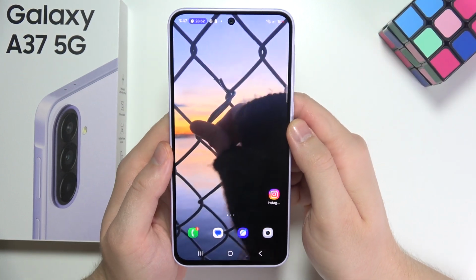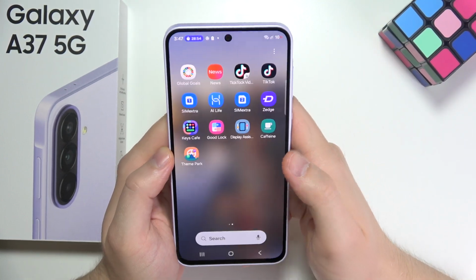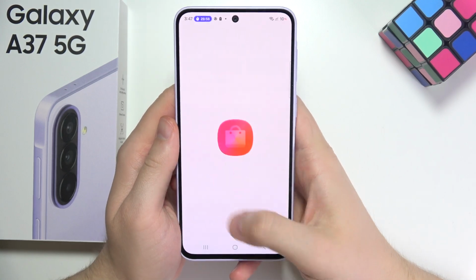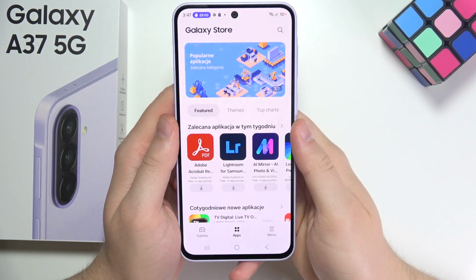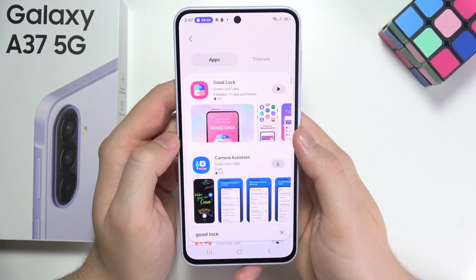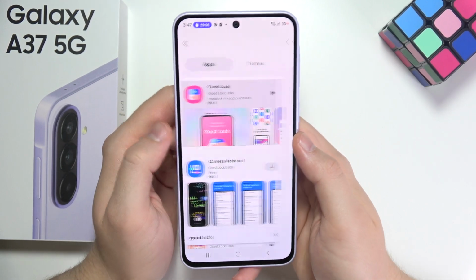To change the home screen grid on the Samsung A37 5G, first of all you will have to open the Galaxy Store. Now you have to click on Applications, click on the right upper corner for the search, and go for the Good Lock application. Now you just have to open this one,